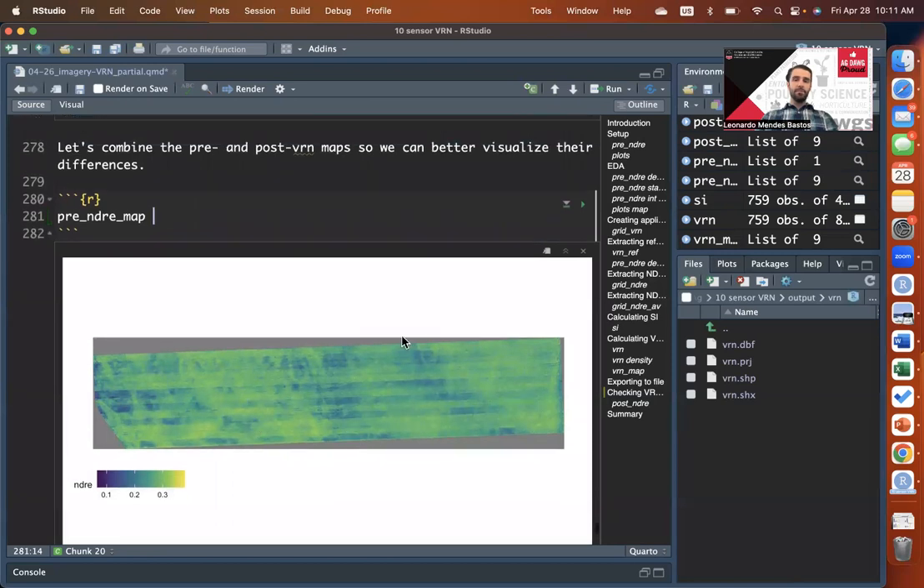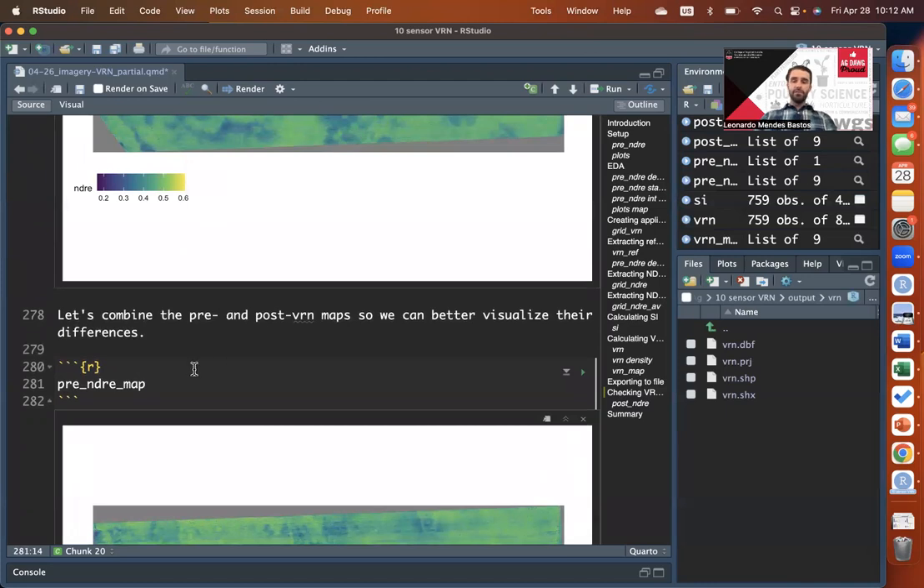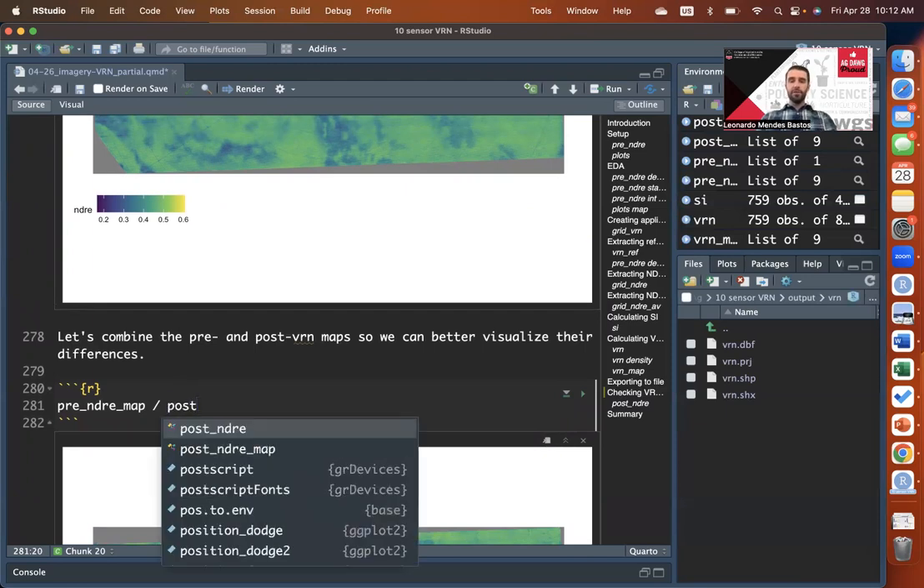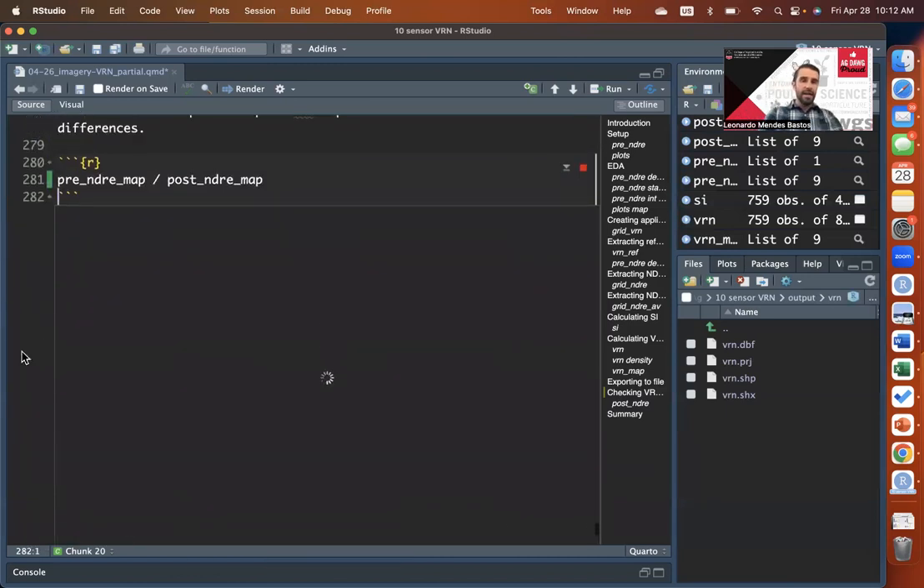this is the one before application. I want to bring right below it the one that we just created above. So to do that, we're going to use the /. Remember, this is coming from the patchwork package that allows us to combine multiple plots into one output. And then just call the one that we created just above, which is called post_NDRE_map. So if we run that,